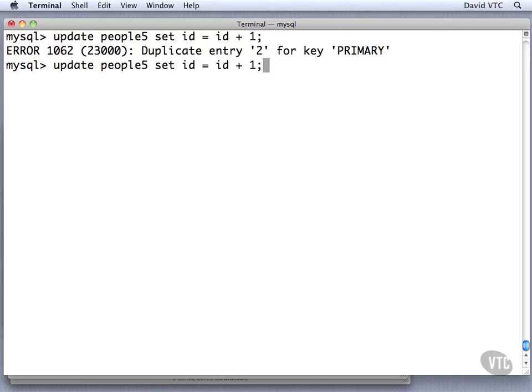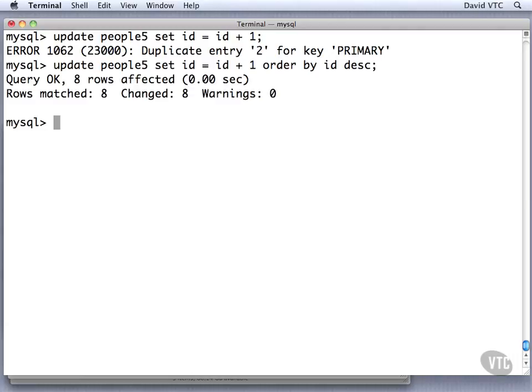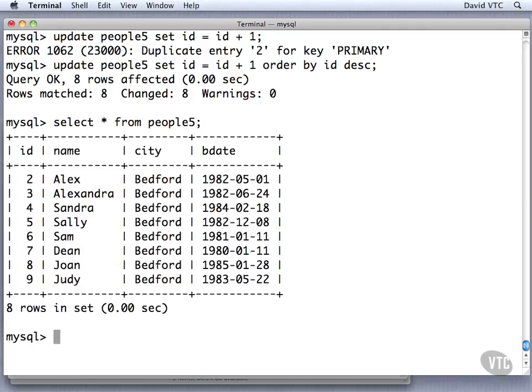So what we could do instead is add to this order by ID in descending order. And now when we try to do it, it works just fine. 8 rows matched, 8 rows changed. And if we were to go back and look at the rows, sure enough, we're now 2 through 9